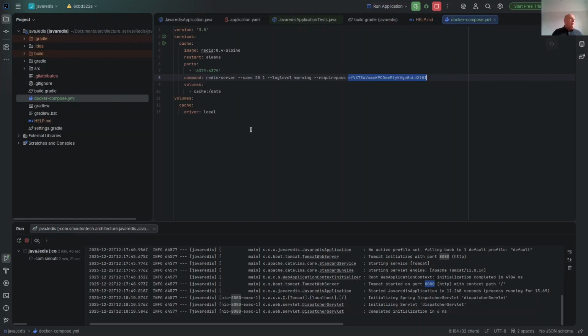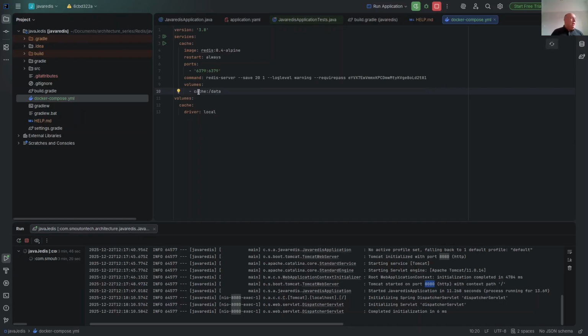So here I've prepared a very bare bones Docker Compose YAML file, and what this does is it defines a service which is based on the Redis official image, using on top of the Alpine Linux image, and it exposes the default port 6379 to the world, to my computer at least, and it runs the Redis server with this command line. And it passes in this password as it